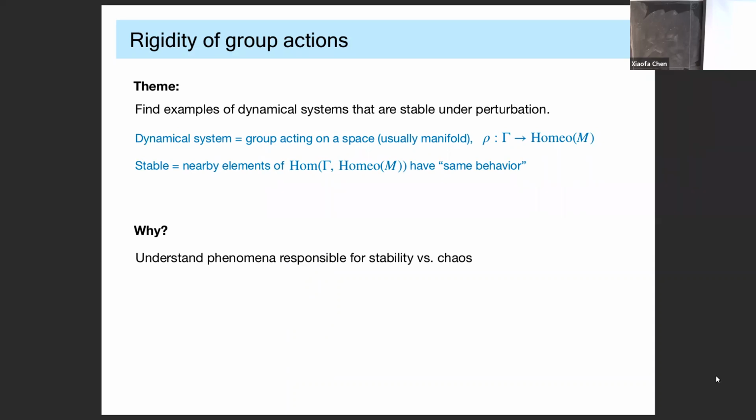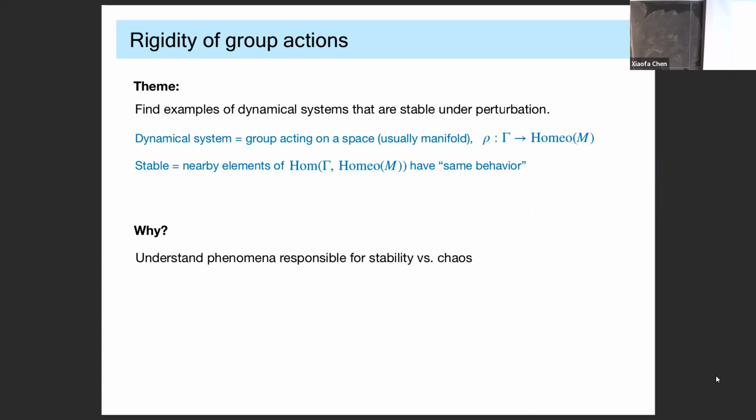Stable or rigid, I'll use these words almost interchangeably. For the purposes of my talk, whether one word is used or the other, it's usually just historical accident, or one sounded better. One says Mostow rigidity, but Sullivan's structural stability. Right. A dynamical system for me is